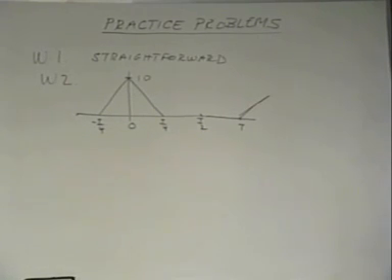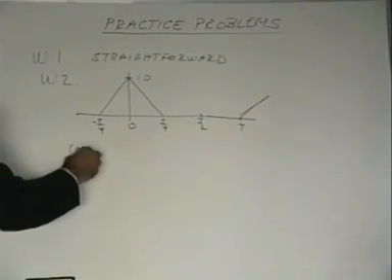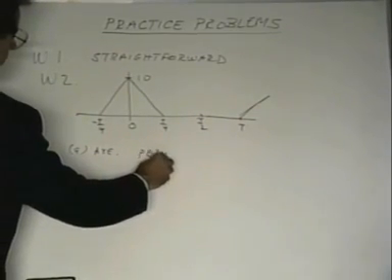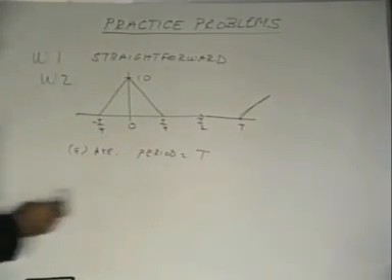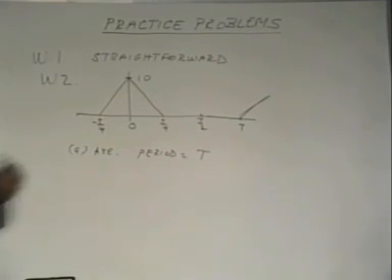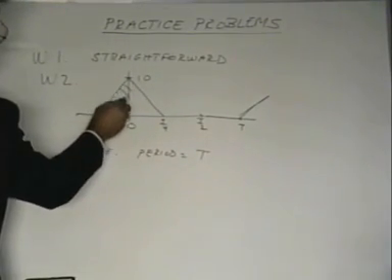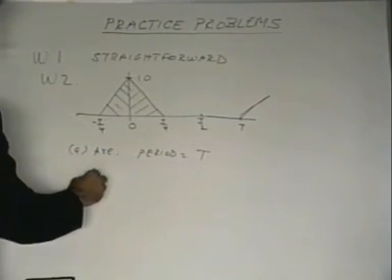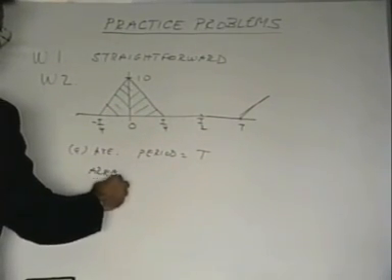In problem number two, we're given a triangle waveform that has been rectified, so the bottom portion has been chopped off. With this half-wave rectified waveform, we want to find the average and the RMS. First, to find the average, we know that the period of this waveform is equal to T seconds. Over one period, the total area under the voltage waveform is, we have